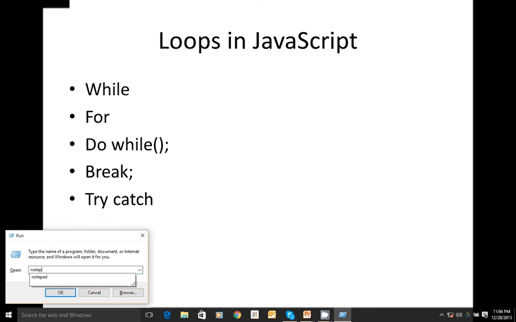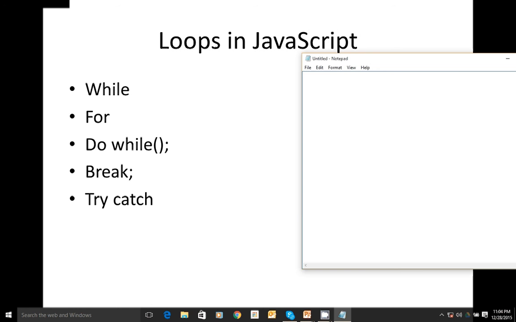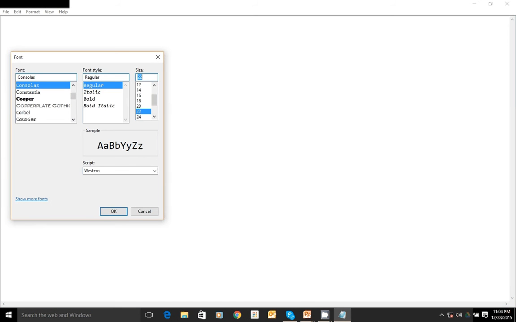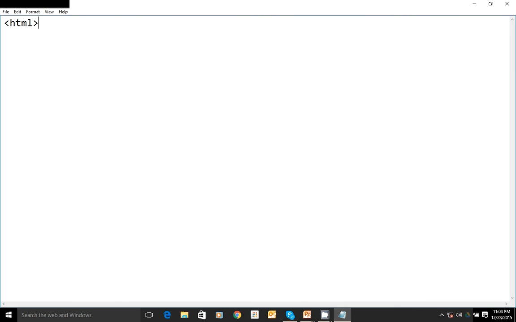Okay, let me open Notepad. HTML. Within the head tag, let me write script type equal to text/javascript.